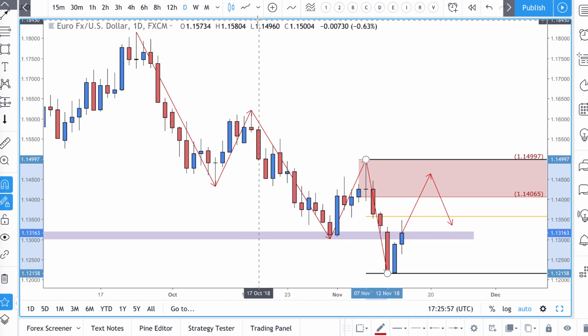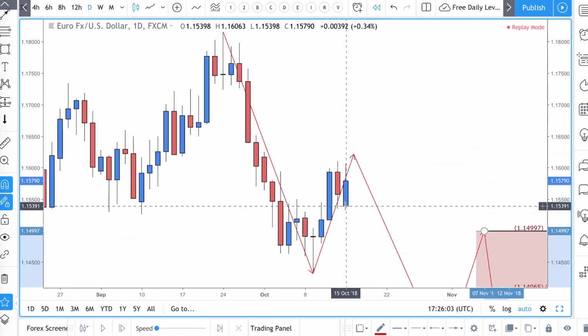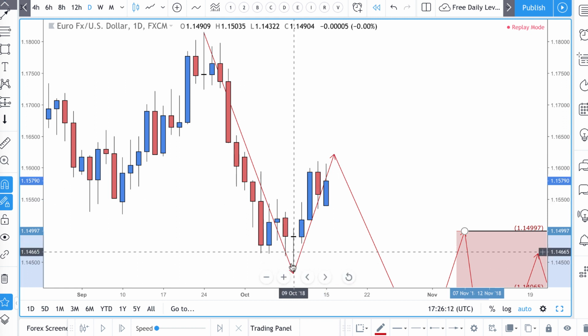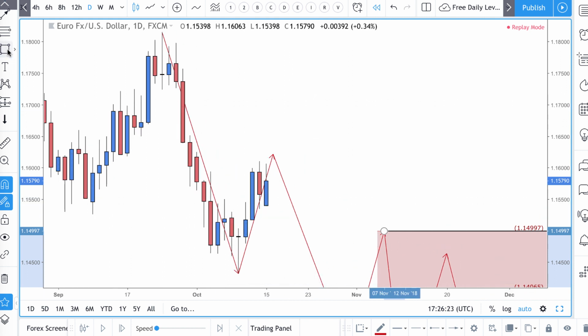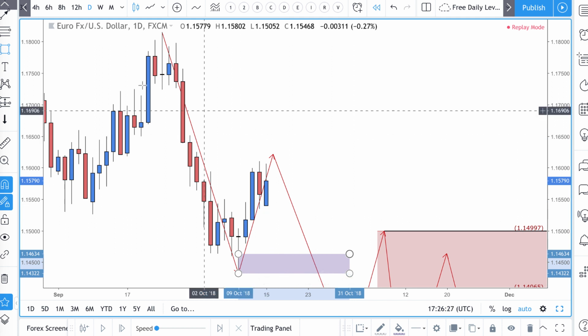I'm going to bring up my bar replay tool. And if this is all you saw, then there's obviously going to be demand for the dollar that has dried up from here. Buyers of the dollar are no longer willing to flood the market en masse and pay prices at this exchange rate. Now, if this is seen as an expensive area,